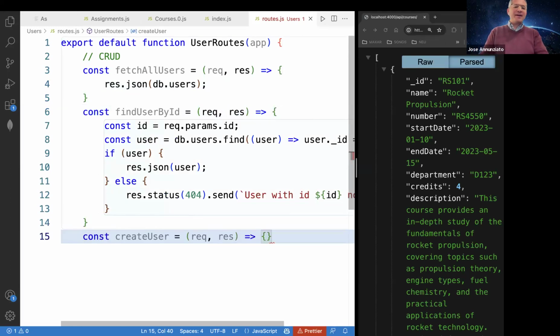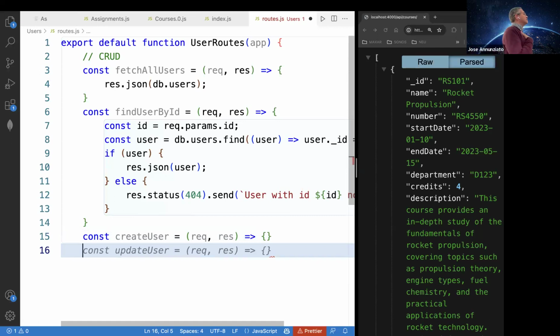Creating a user, I don't know. Probably that's also a system administrator that has some form that they can willy-nilly create any user, right? New users. So let's focus on the ones that me as a mere mortal would be able to do. How would I add myself? I would add myself by having,